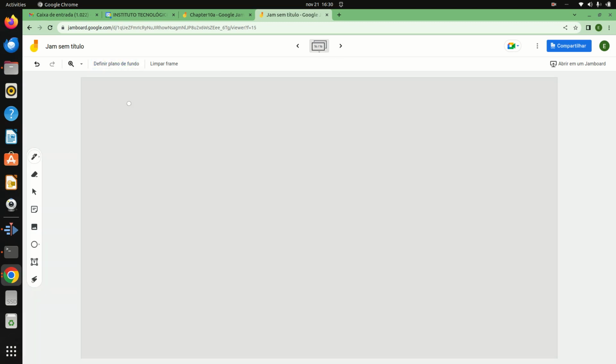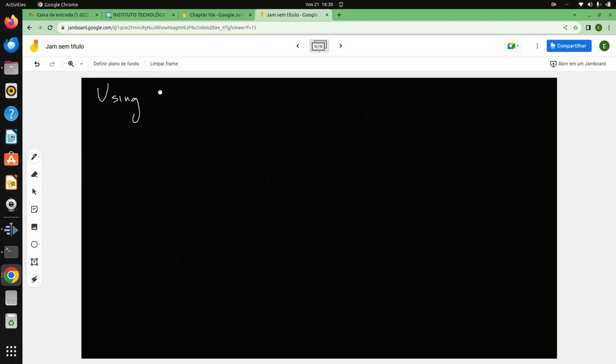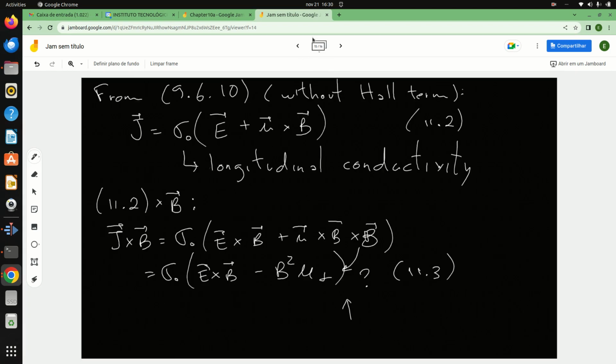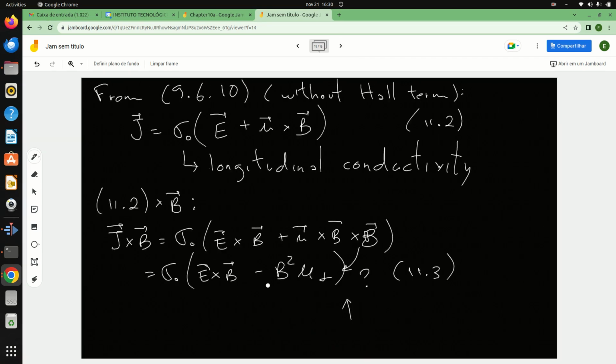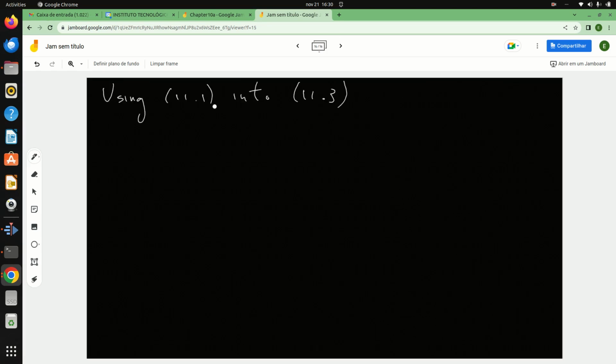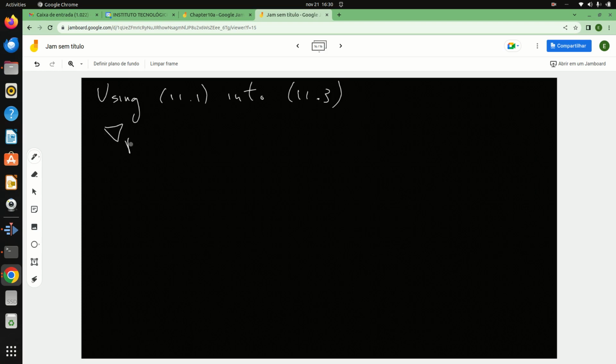Now, using 11.1 into 11.3, so where is 11.1? Here. J cross B into J cross B here, we get the gradient of pressure is equal to sigma E cross B minus sigma, no, sorry, this is the absolute value square, B square U perp,